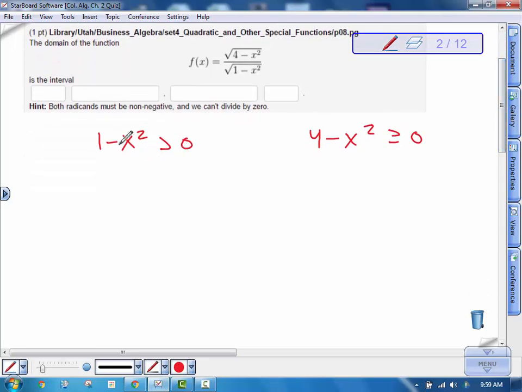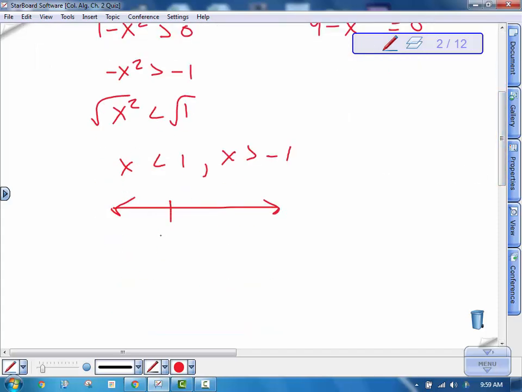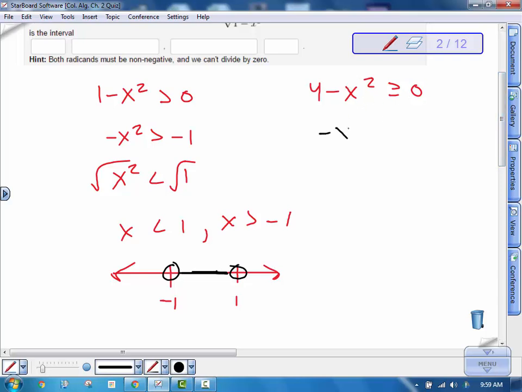And so to do that, I'm going to solve these. So I'll subtract 1. It gives me negative x squared is greater than negative 1. Divide by negative 1, which switches the inequality. And then square root, which gives me x is less than 1. But it also gives me x is greater than negative 1. So on a number line, if I graph that, that's x is greater than negative 1, but less than 1. So it's all the numbers in between here, which is going to be my domain because this one's going to be less restricted. If you solve this one, you get